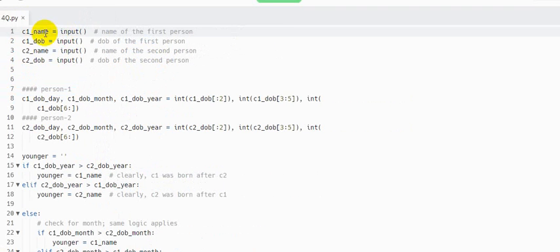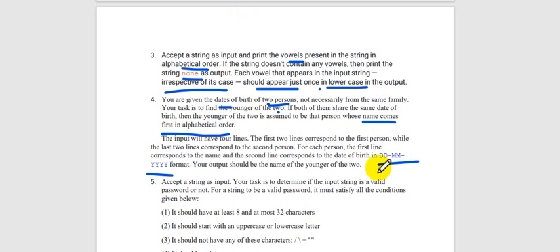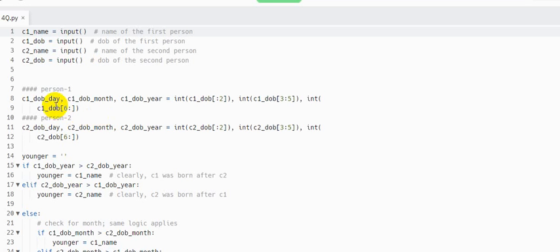So as usual, we are getting the first person's name. Then we are getting the first person's date of birth, the second person's name, and the second person's date of birth. After getting all inputs, we need to slice, because our date of birth is mentioned in this format, that is dd-mm-yyyy. So that is why we are slicing. We can see c1 date of birth, day, month and year. We are slicing, you can see,